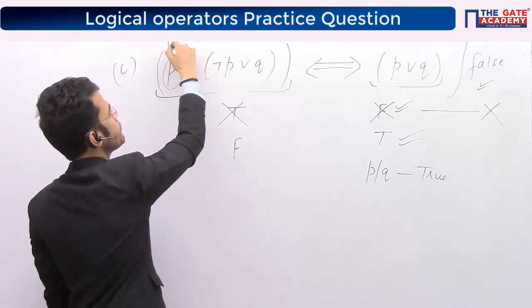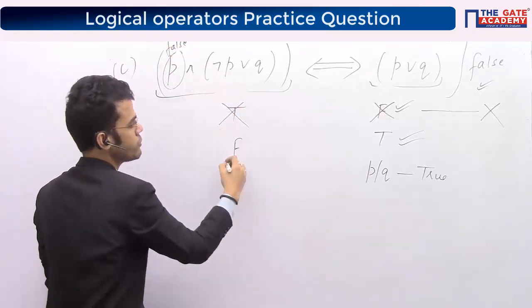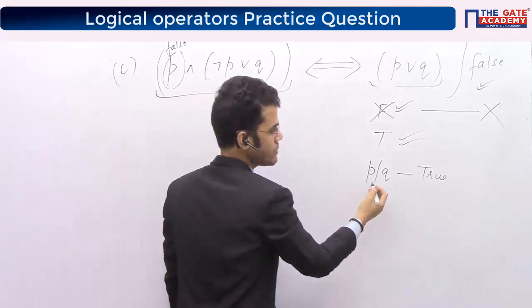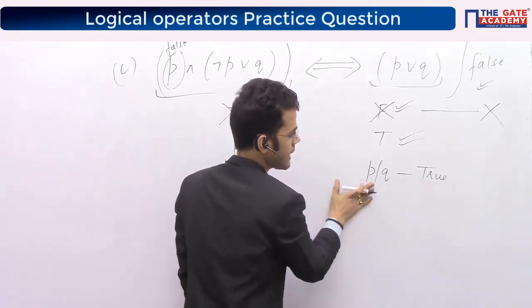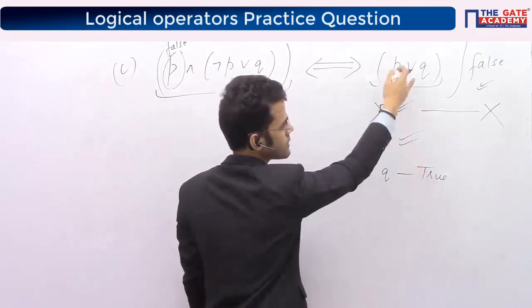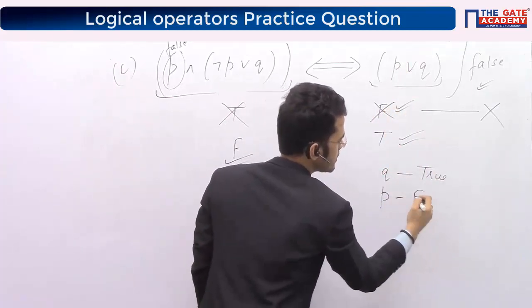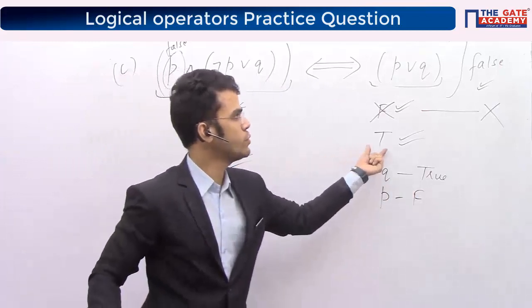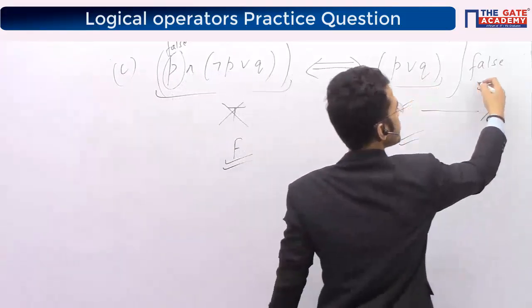If I put P to be false, I'll get this as false, right? So again, now possibility was there. What I am doing here is I say let me put Q to be true for this side and P to be false for this side. So I am able to get my second case, this false, this true. Finally, I get expression as false.